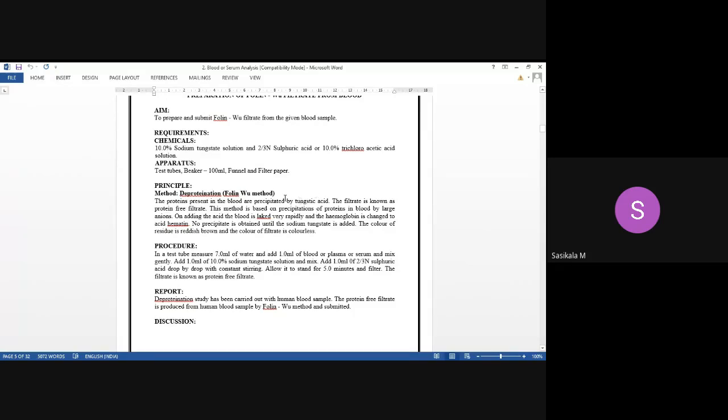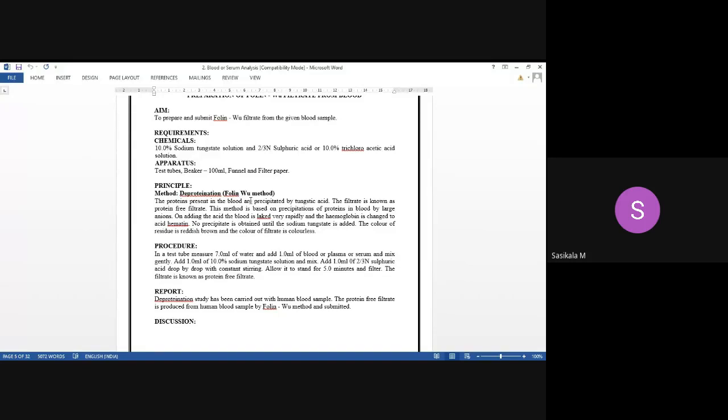What actual principle is, it will act as anion. Protein also can act as anion, right? So that the interaction will occur with the proteins and it will be precipitated out as tungstate forms. Okay, so that only tungstic acid is added. Because of anionic nature of tungstate, it will be precipitating proteins. Since protein can exist in both the forms, positive and negative form, it is a Zwitter ion, and it will exist as a Zwitter ion.